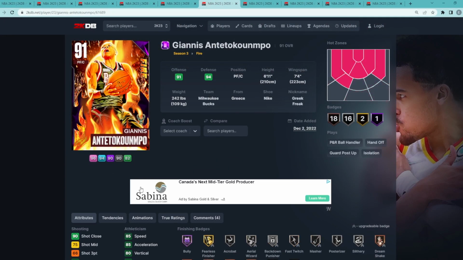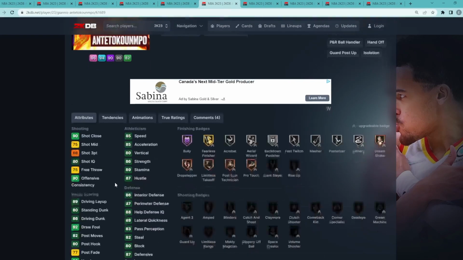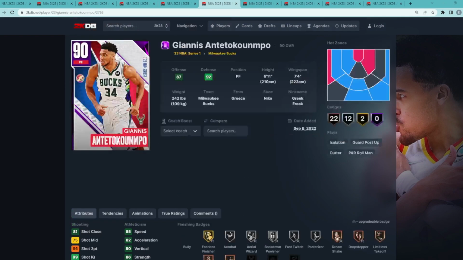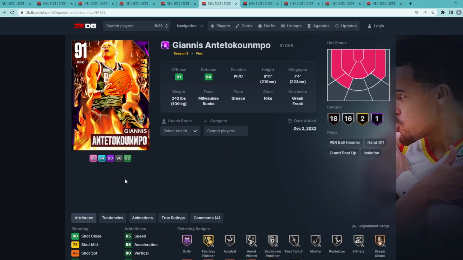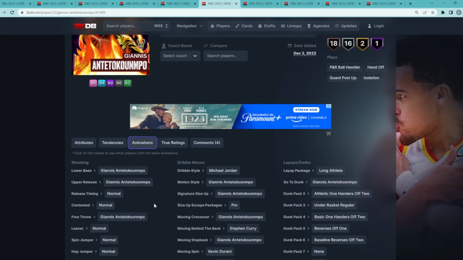Coming in at the number 6 spot, I'm going to give this to the Amethyst Giannis. Now, I do understand he's not going to be the best 3-point shooter, only having a 66 3 ball, but if you guys used his Amethyst card at the start of the year, he also had a 66 3 ball. So I feel like you can green this actually pretty easily, because Giannis actually does have a really good jump shot this year, or at least I should say a decent jump shot, where I feel like you can green